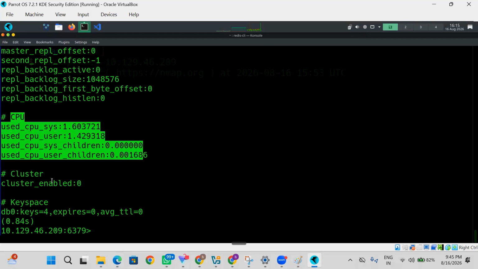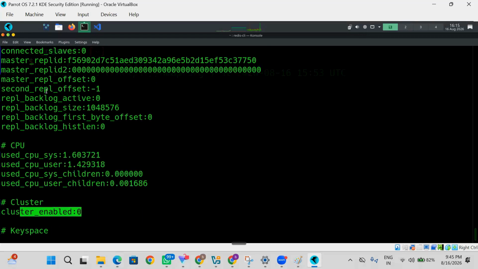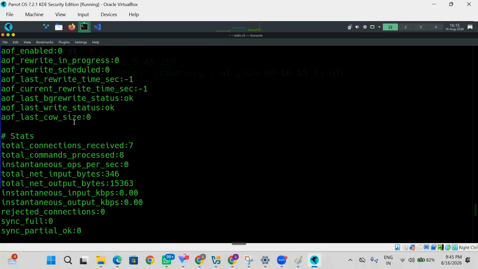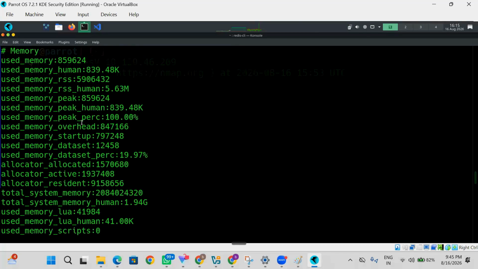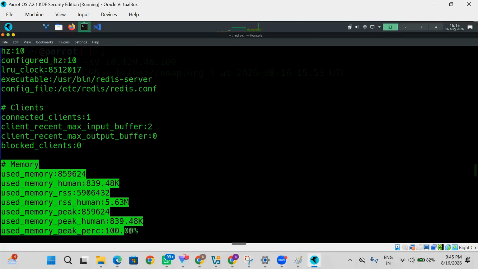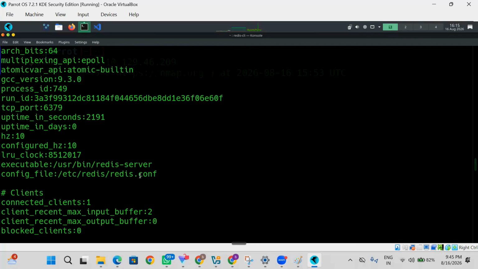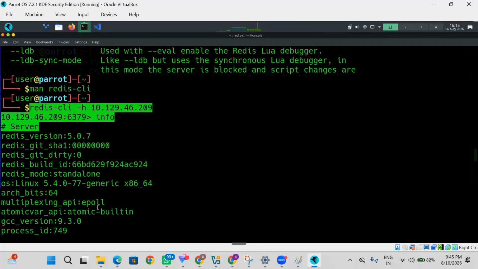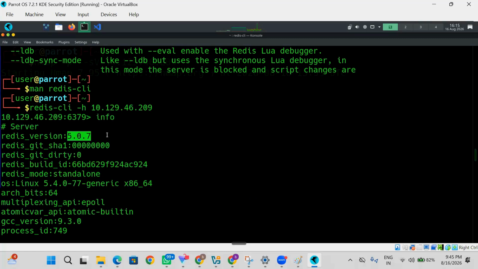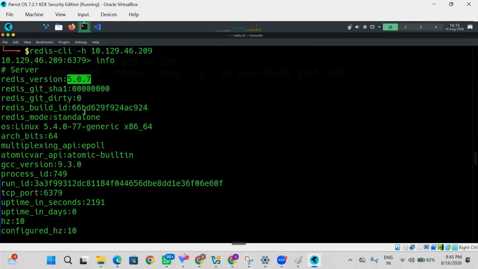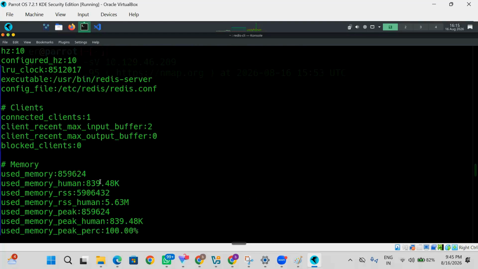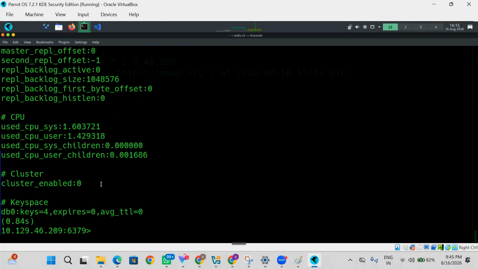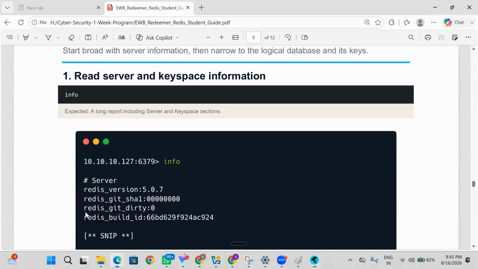The CPU and the cluster details, and you can see a lot of other things also here. Memory related details of that server. So this is the version of the server, right? Database, all these things you can see here. Next, coming to the